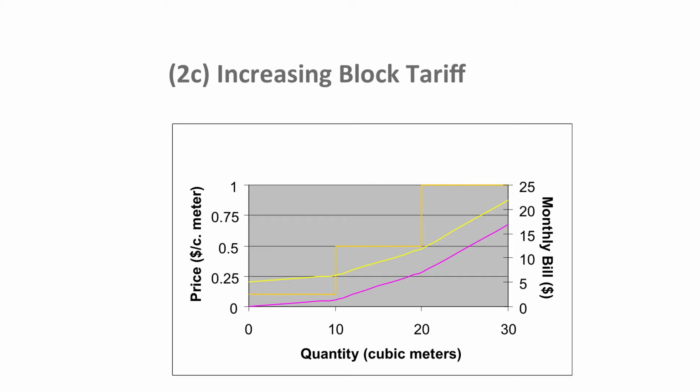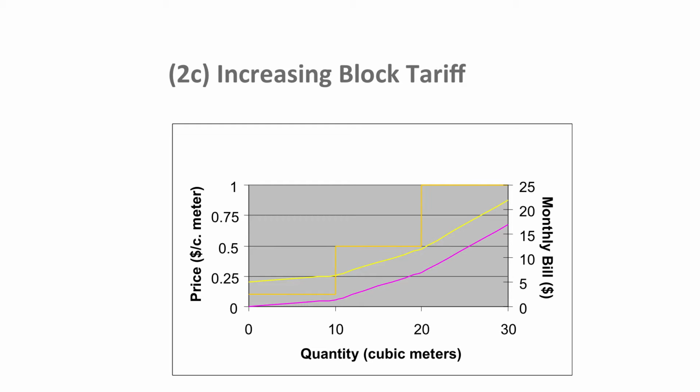The pink line shows the volumetric component of the water bill increasing as the water use increases. The rate of increase in the water bill increases at the 2 points in the block structure where the volumetric rate shifts up. Finally, the yellow line shows the total monthly water bill increasing at an increasing rate from a starting point of $5. Again, this is the positive fixed charge. In effect, the fixed charge shifts the pink line up by a fixed amount of $5 at every quantity of